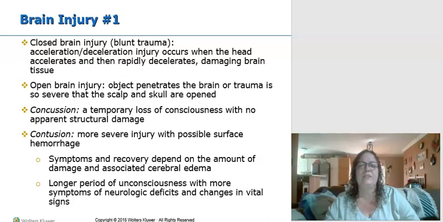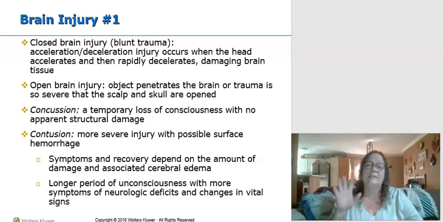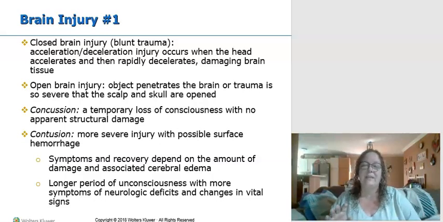So closed head injury, this is usually blunt force trauma. Acceleration, deceleration injuries occur when the head accelerates and then rapidly decelerates,